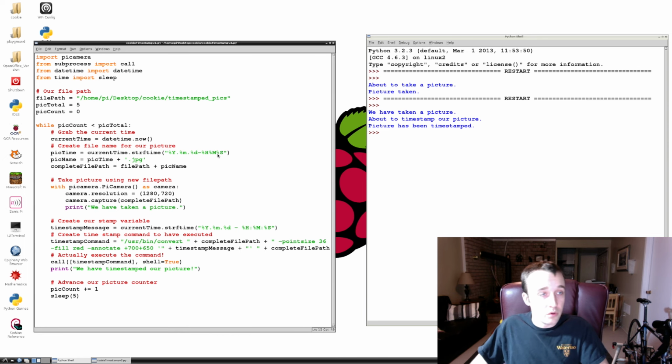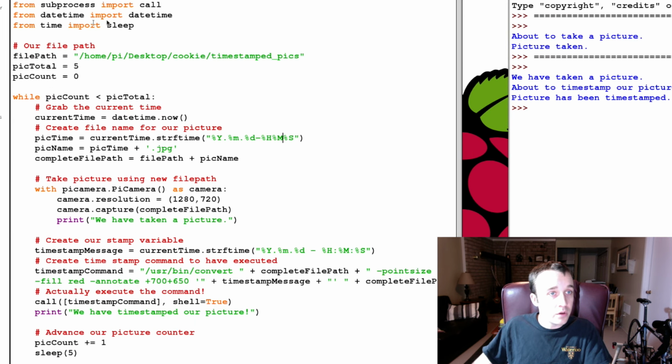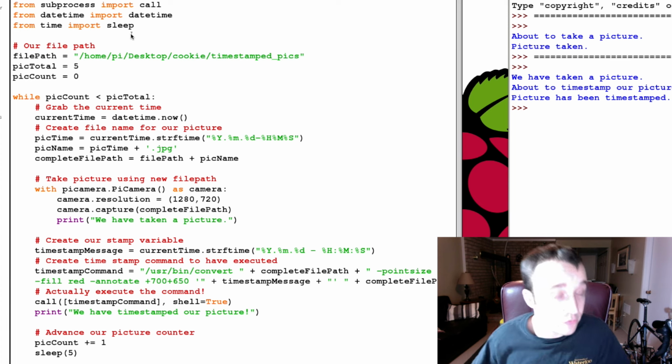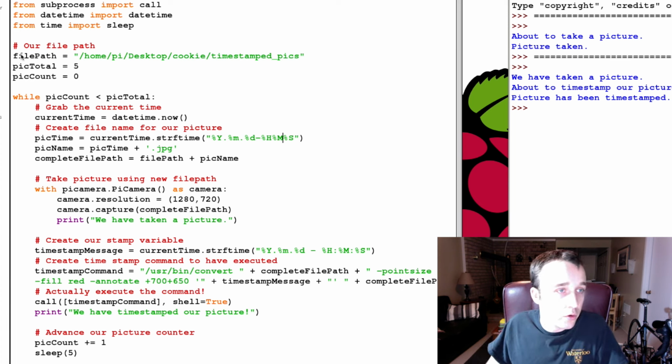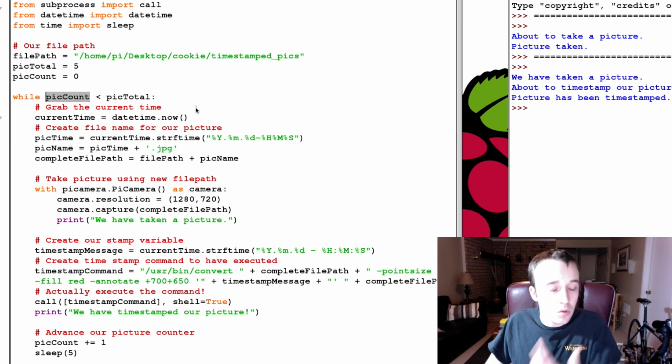Just walking through the program again, what we're doing here is we're going to import a bunch of modules and particular functions from those modules. We're specifying the directory, we're specifying how many pictures we want to take, how many pictures we have taken, and then we go into a while loop that says, until our picture count meets our total count of pictures that we want to take, we grab the time, we create a file name for our picture that includes the date and time in it, we add an extension to it,